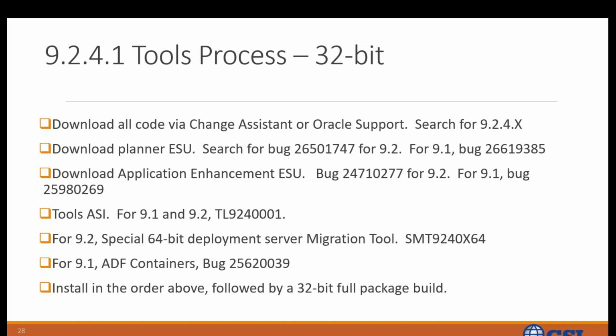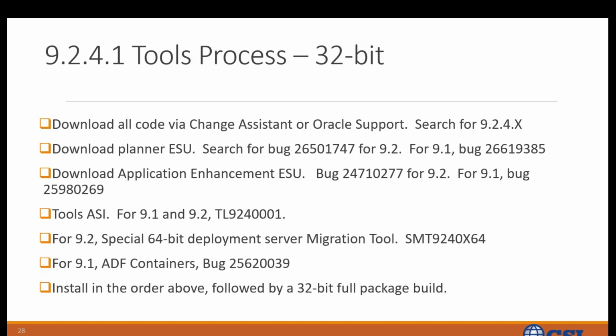Get all the code, search for 924X, download the 64-bit stuff while you're there. You're going to have to download the planner ESU. I didn't put the number in because it could change tomorrow, but if you put the number in for the search, you'll find the current one. And also for 9.1, there's a different bug level. If you're asking yourself, can you apply 9.2.4 to